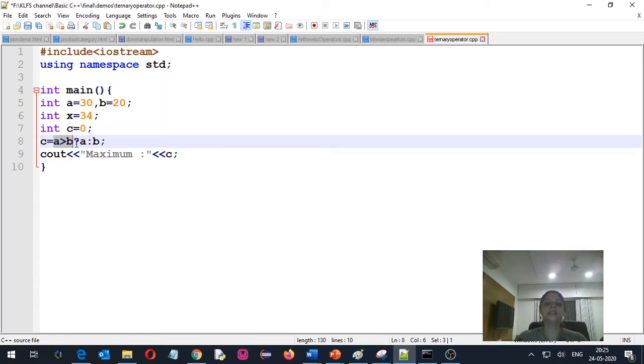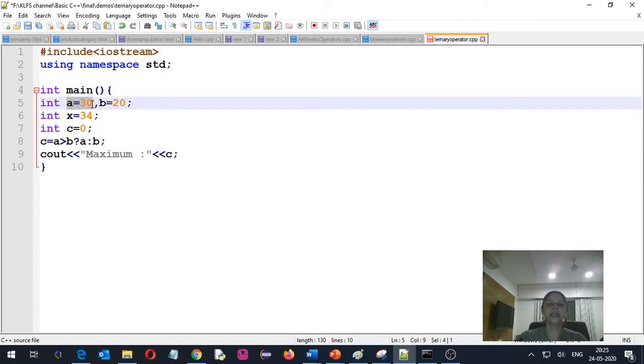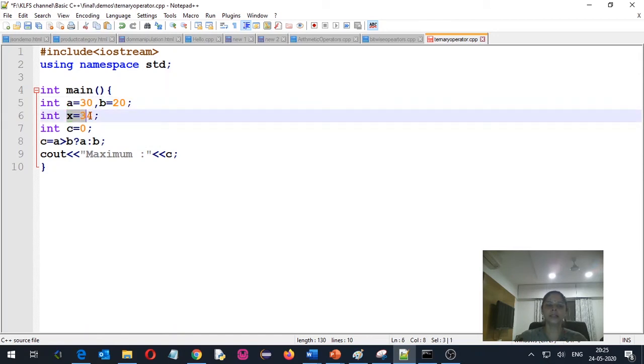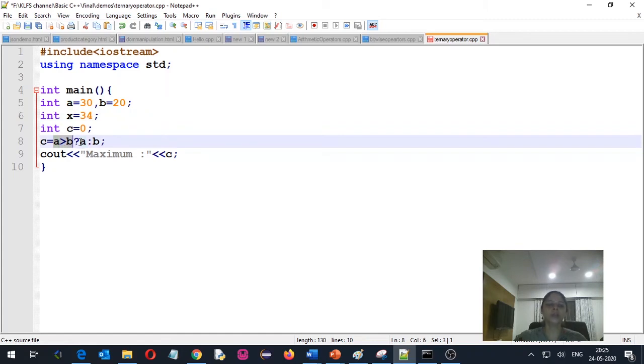To use a nested ternary operator, the condition we want to check is, if A is greater than B is true, then I want to check whether A is also greater than X. So if this condition is true, I want to check one more condition, and that is why in this place I want to add one more ternary operator.